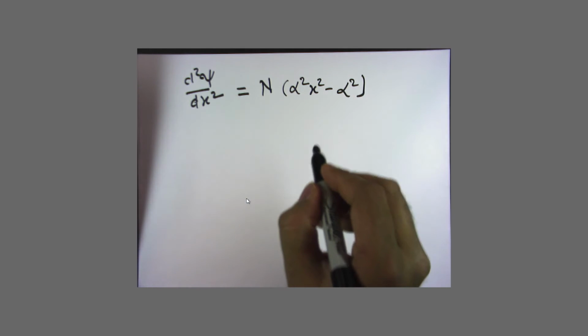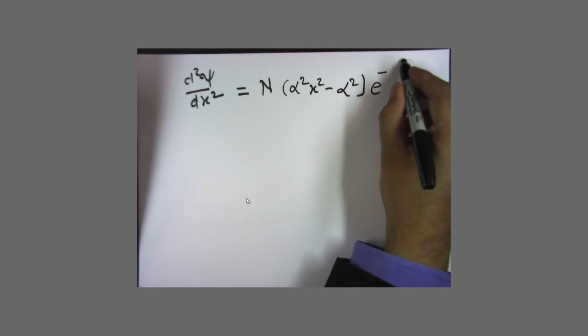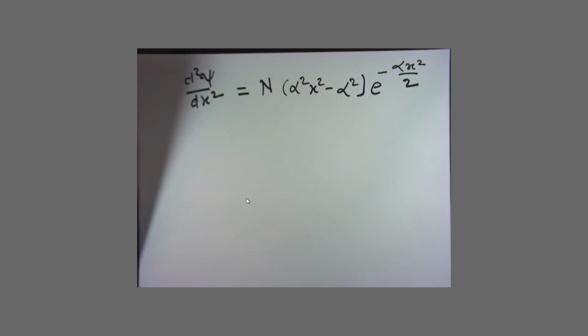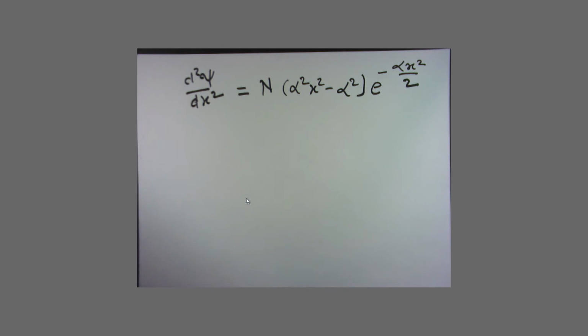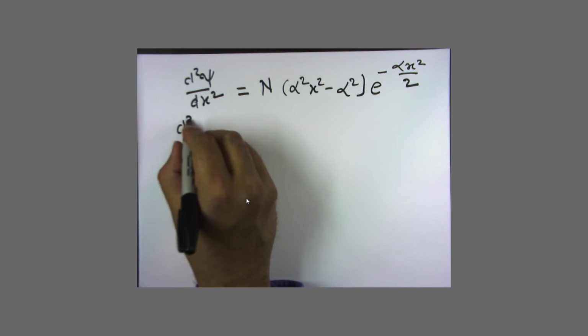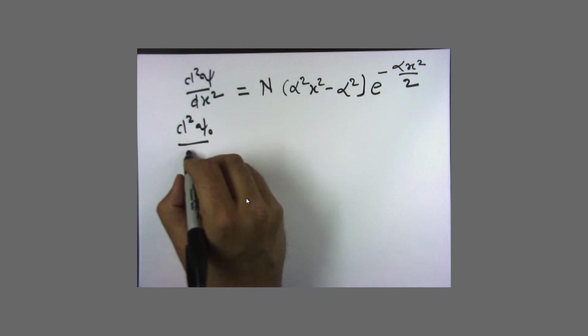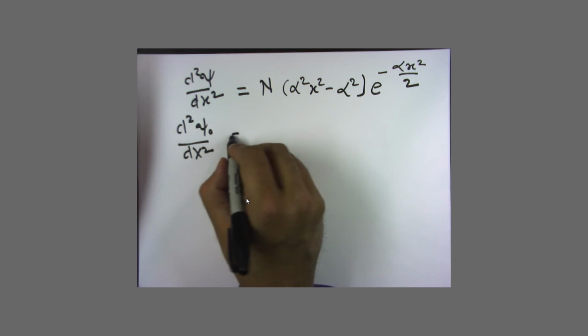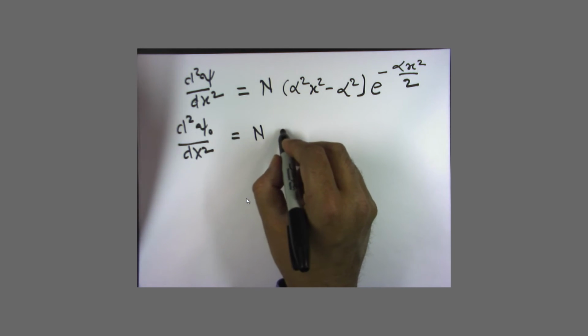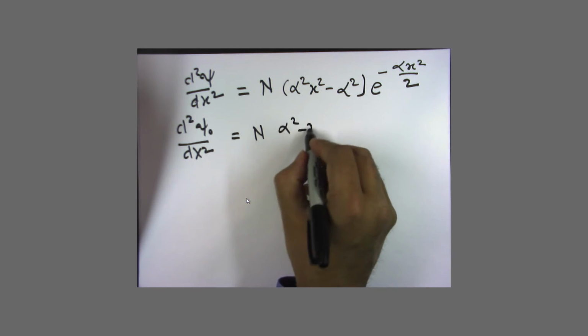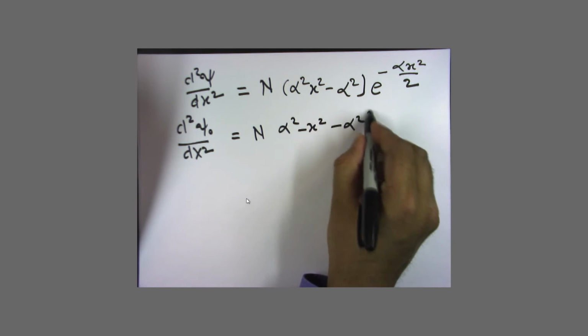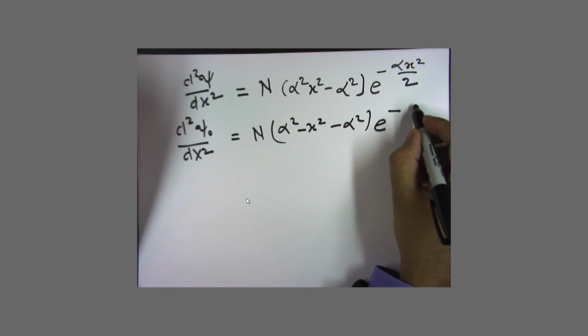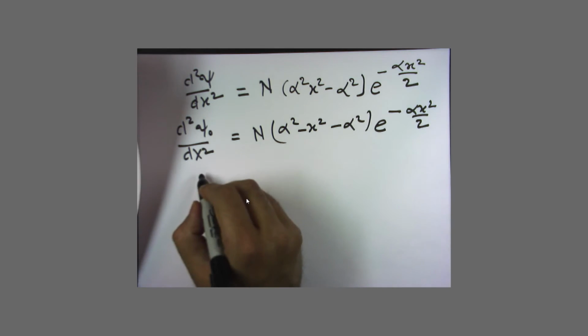We already defined alpha e to the power minus alpha x square by 2, which is the trial function we have used here. So, we are now able to expand it, and what we are coming back with here is a very nicely derived equation for the one dimensional Schrodinger equation for a spring dashpot system, which is equal to N alpha square minus x square minus alpha square, and we multiply this alpha x square by 2, expanding that becomes